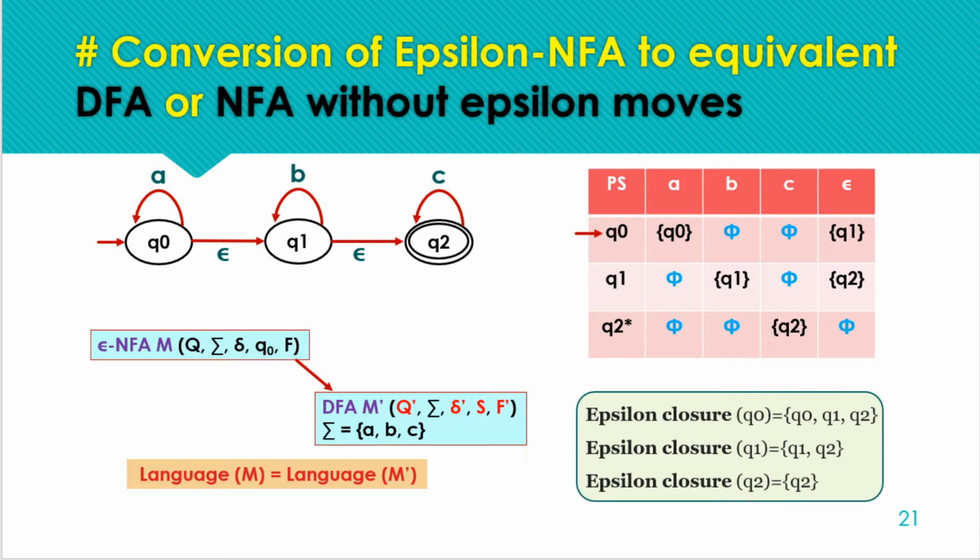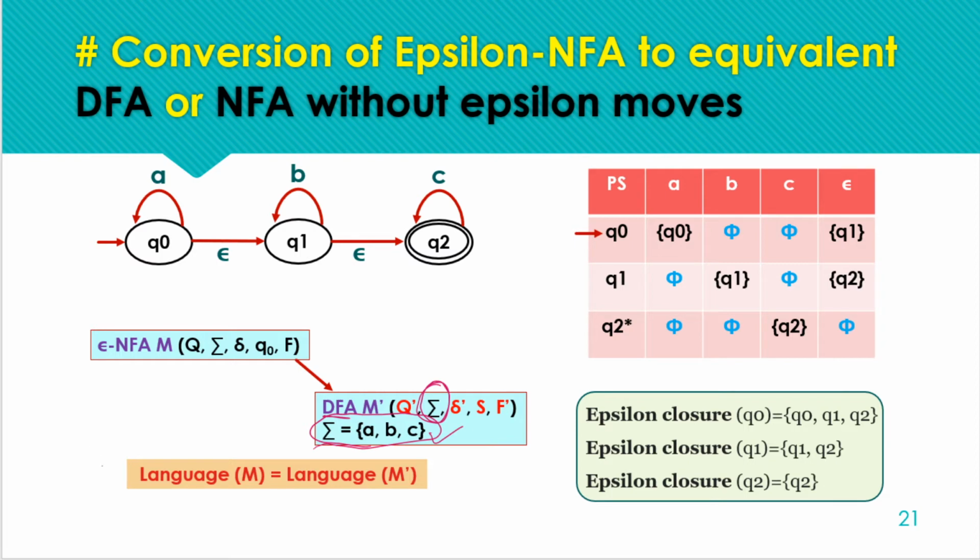Okay. So now we have to convert this NFA with epsilon moves to an NFA without epsilon closure. For that we have to follow a conversion process. For the conversion process we have to define all the tuples of the resulting DFA. Here I have written DFA, so we can also write NFA. For the resulting DFA, the input symbols are the same as the given NFA, because input symbols are going to be the same for both machines, the given machine and the resulting machine. Those will be a, b and c.